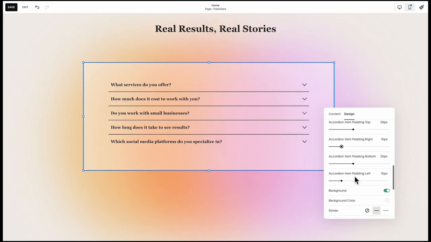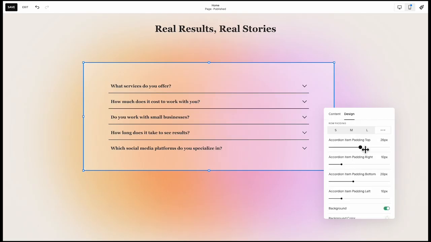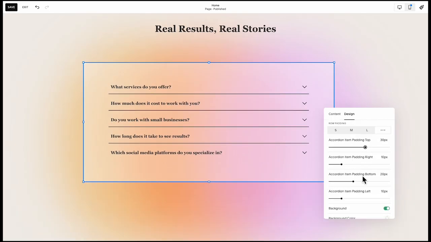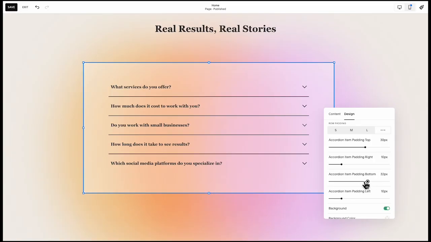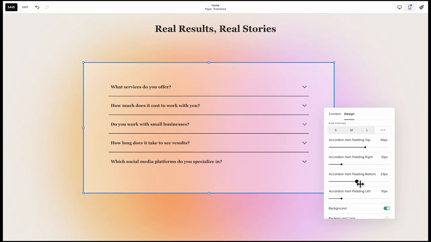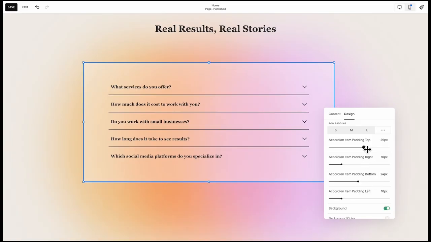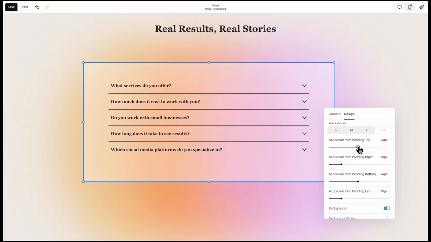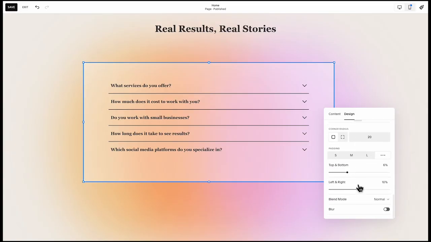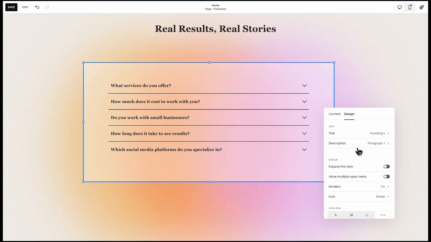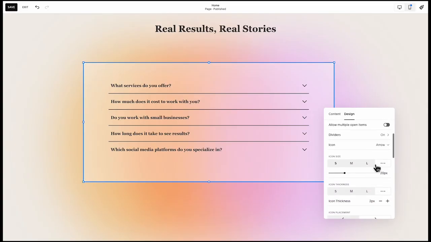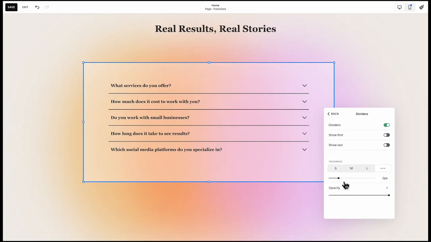So I'm using the top and bottom padding as 8%, and then the left and right to 10%, and then the accordion padding and the items themselves you can just see on the screen there. I'm just adjusting them right now, so that's why I'm not calling them out. It's just more to what I think is best. Everyone has their own opinion, so feel free to just play around with everything here just to get some experience